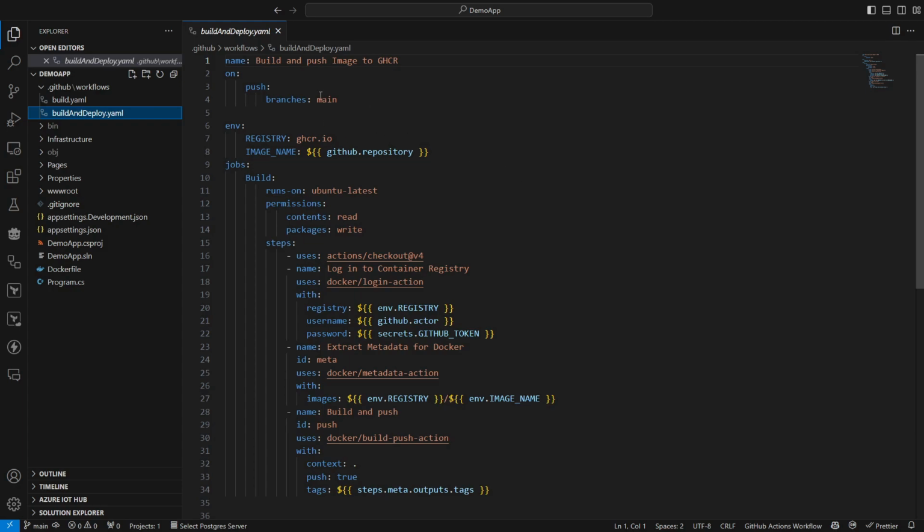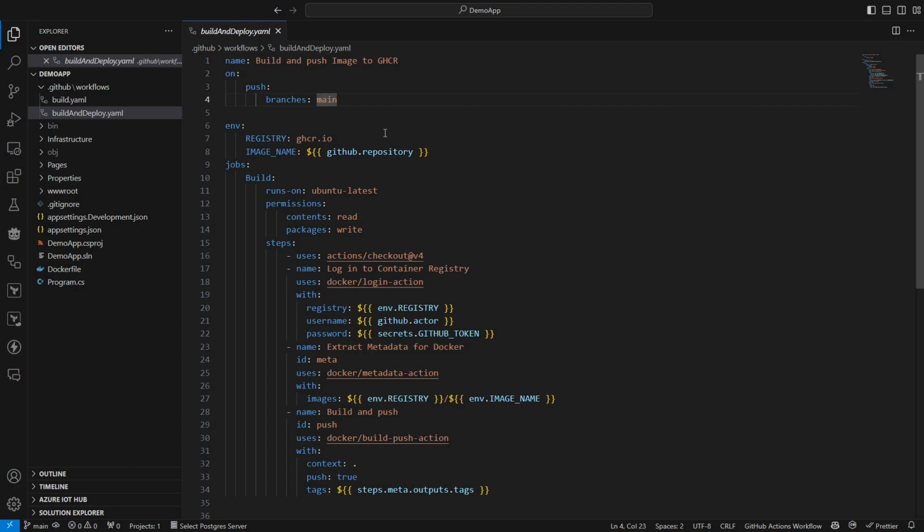So what we do here is we say on push again, and this time we're telling it to only trigger on pushes to the branch main. This is our main branch within our repository, so we don't want this to trigger when people are working on their own branches, only when things have been pushed into the main branch.